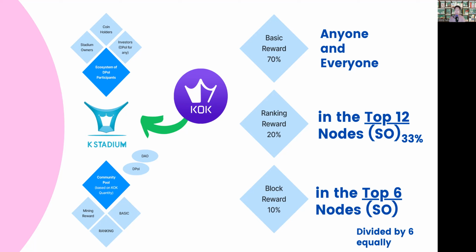That value still exists. Right now, it exists as a value to give you a certain amount of investment back. So it has been said that the SOs will be able to vote on what they can do with that value that is being stored in the community pool. Now, does that mean they're going to suddenly pull out the KOK in the community pool and start using it? No, they cannot do this. It is impossible to do so, but they can use it as leverage. And how that's going to exactly look like, we have to wait. This is really in the future we're talking about, but it has that function as well.